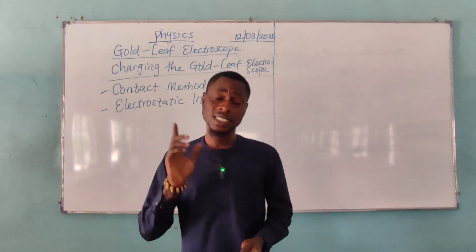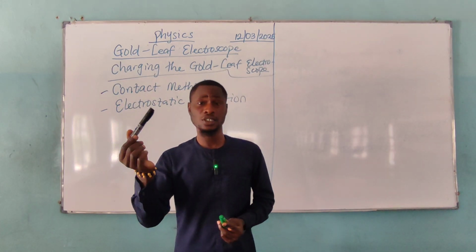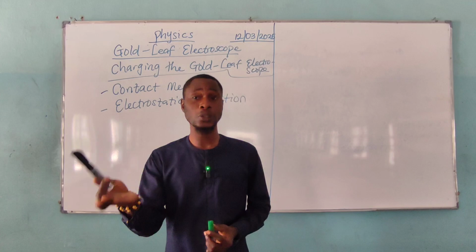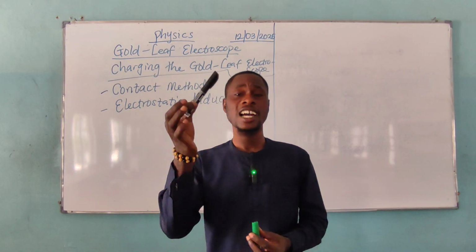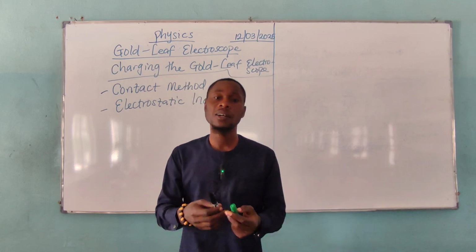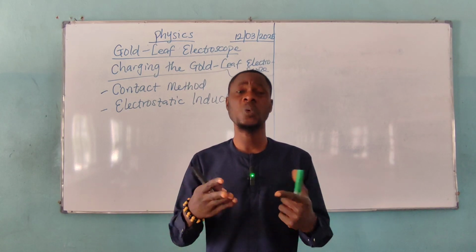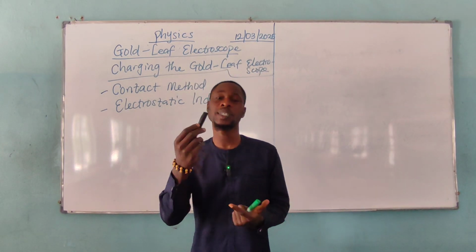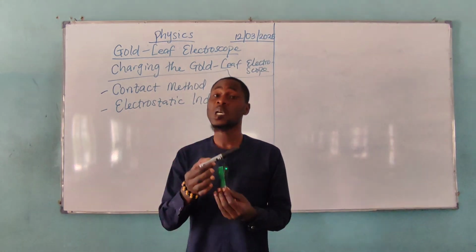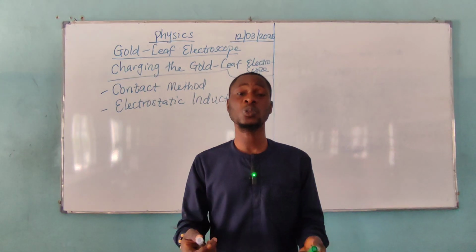All right. Now, similarly, when you bring a neutral body, for instance, you don't know whether it is positively charged or negatively charged, but all you know is that there are charges in that body, and you bring it closer to the cap of a positively charged electroscope, the divergence will as well reduce, meaning that the body is also neutral. Similarly, when you bring a neutral body in contact with the cap of a gold leaf electroscope that is negatively charged, the divergence will also